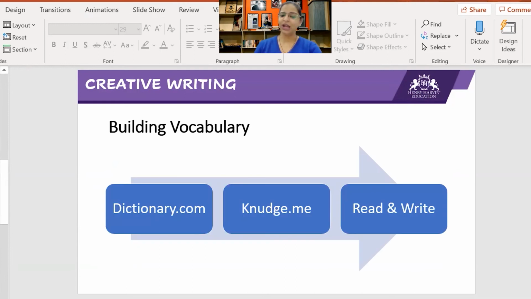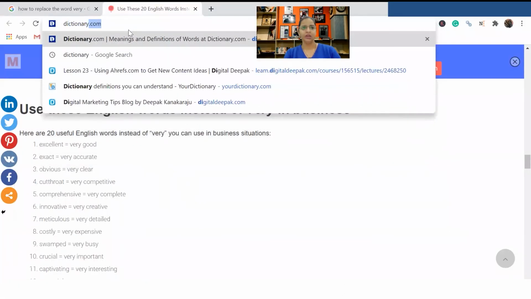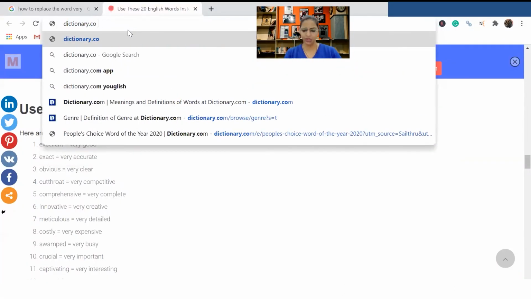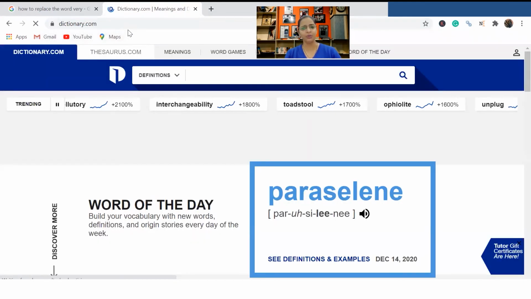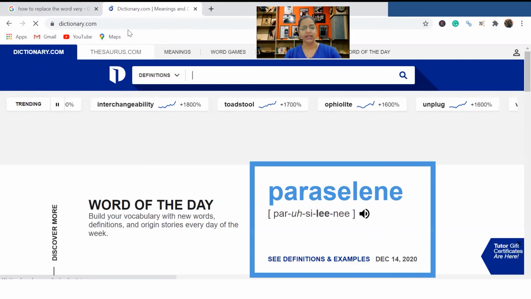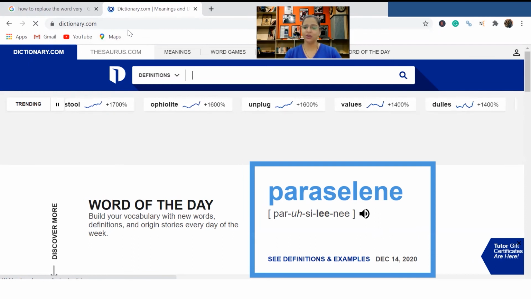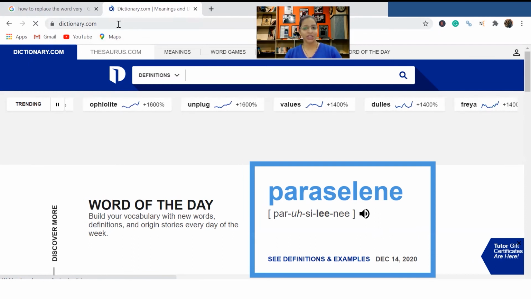Now, coming on to building vocabulary, if you want to build your vocabulary, you can go to dictionary.com. There is a very famous conversation between Sudha Murthy and Shashi Tharoor. Sudha Murthy says that if she has to read Shashi Tharoor's content, she has to dive into the dictionary.